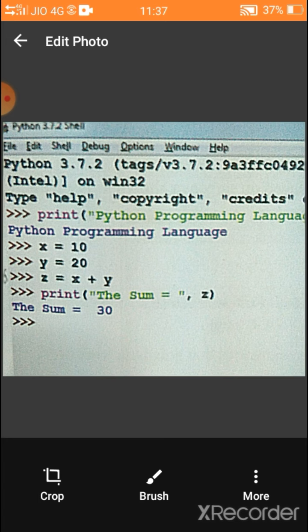The statement within the double quotes will be printed. How did we give it? The sum equal to will be printed. The value of Z is 30, so it printed. So this is the way called interactive mode to write a program in Python.